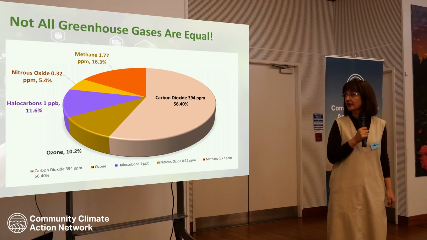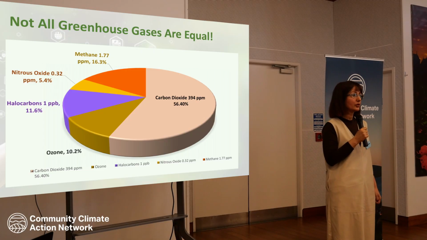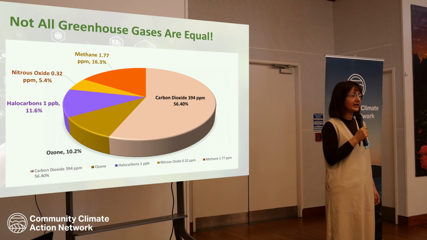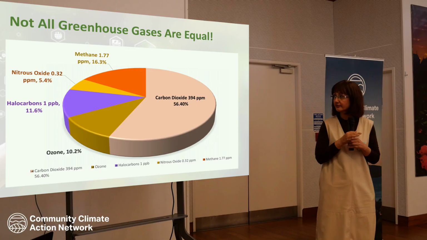On the other hand, CO2 stays in the atmosphere for a very long time. Think of it like a bad habit that never goes away. Once it is released into the atmosphere, it can linger for centuries. That makes this gas the most critical and enduring greenhouse gas contributing to climate change.